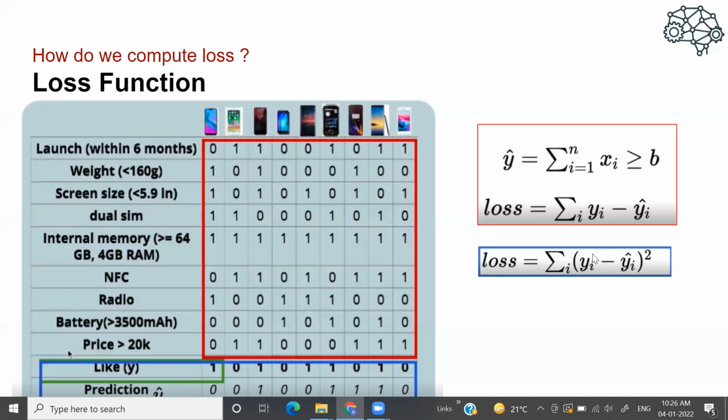So this is a desirable function. Practically you can take the absolute difference also, but that will make your life miserable when you get to the algebra part, which we'll see a bit later. But for now, you can just understand the reasons for taking the square difference. First of all, it will avoid the cancellation of -1 and +1. The second is that the square difference function is differentiable. Is it clear?